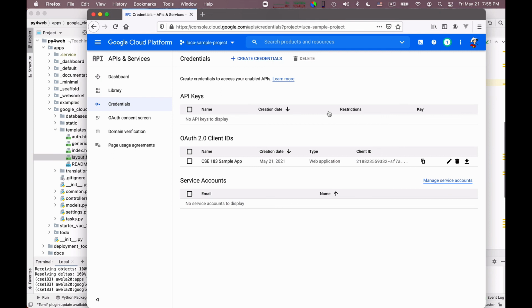So this process displays you a client ID and a client secret, and you need to copy them carefully to a separate file because you won't be shown them again. Okay, if you lose them, you need to create another one of these OAuth2 client IDs. You can create multiple of them, but you are shown the secret only when they are created. Okay, so be careful to jot it down.